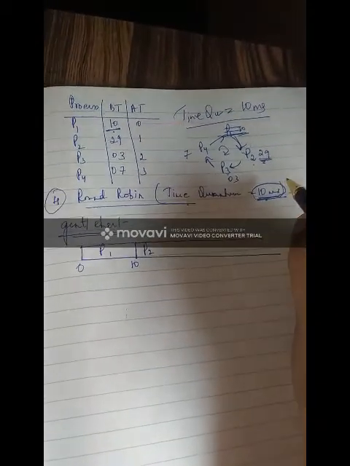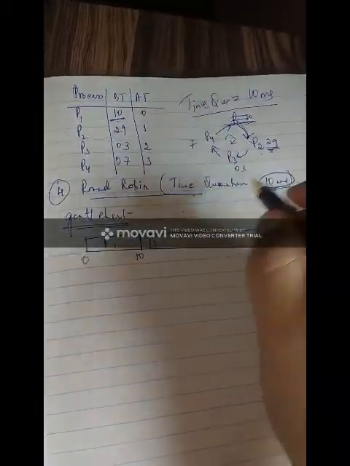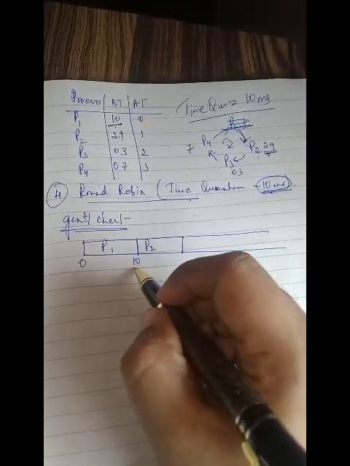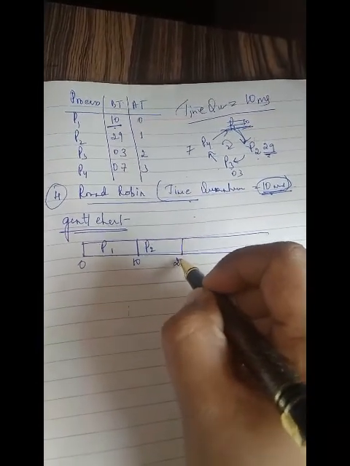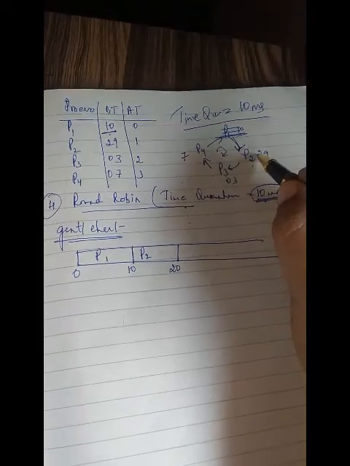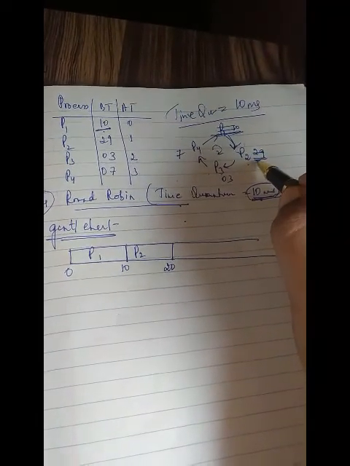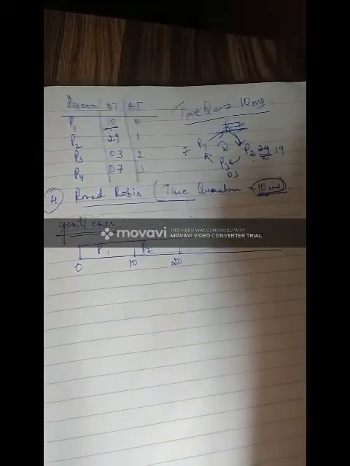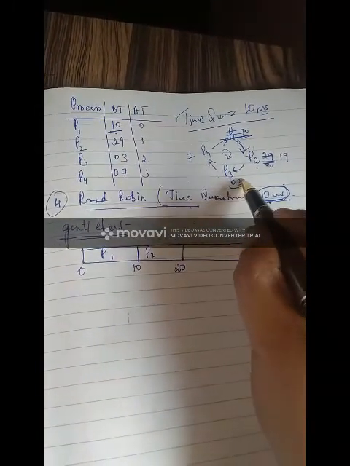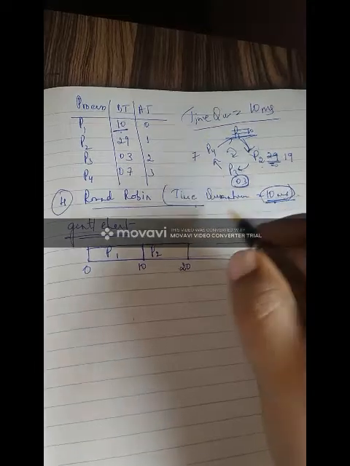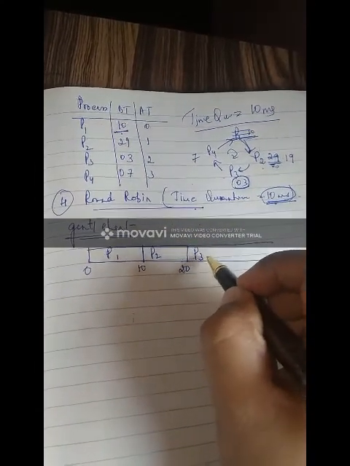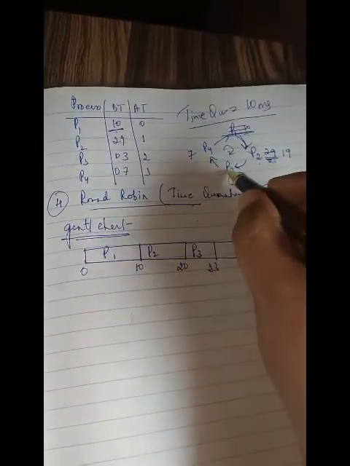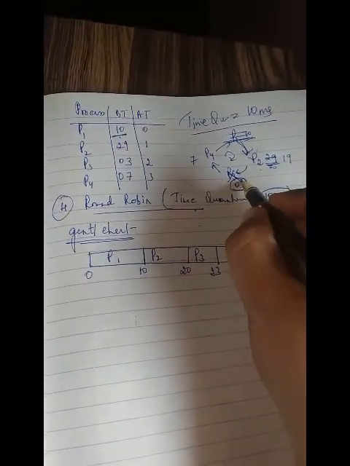So this is used in your time sharing machines. How much can it execute now? Only 10 milliseconds. So you add 10 to 10, and it goes up to 20, and along with that you should also reduce 10 from 29. So how much is remaining now? 19 milliseconds. P3 requires only 3 milliseconds to complete, so it can be done within the time quantum. For this 3 you are adding, it goes up to 23. So P3 also completed.